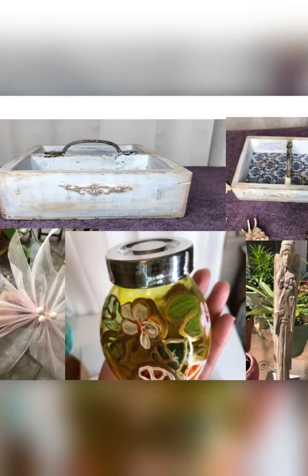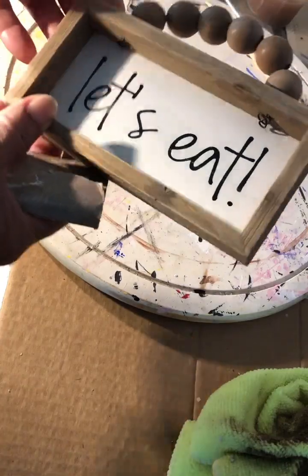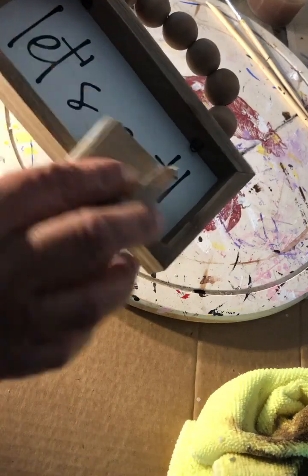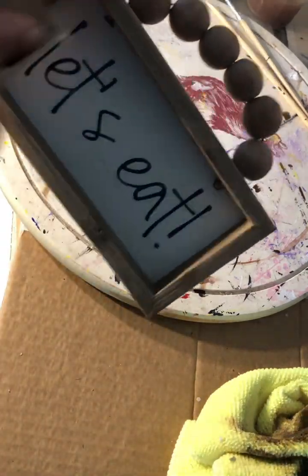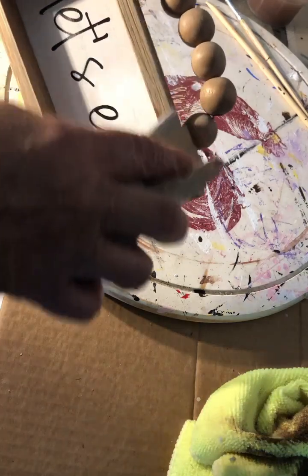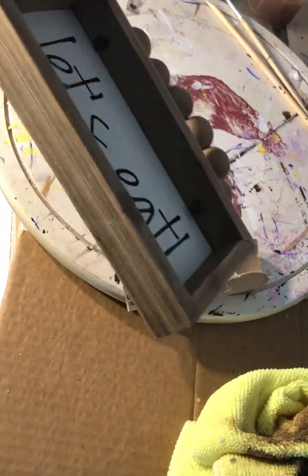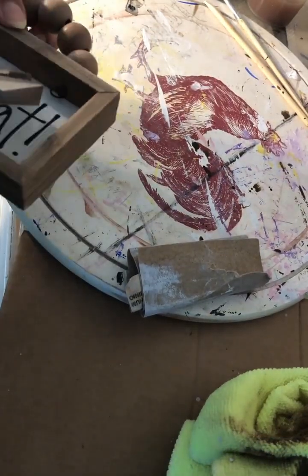This is how I upcycled this sign I picked up from our neighborhood thrift store. I picked up this little sign for 99 cents, and I wanted to make it over with something to add to my coffee bar. So first I did some light sanding with this fine